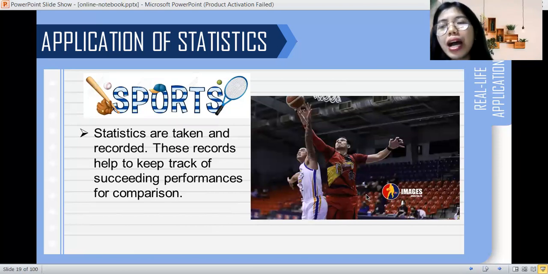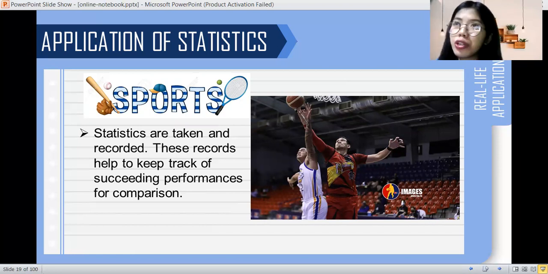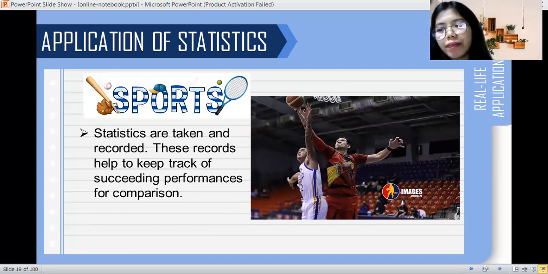So, bakit nga ba sa mga basketball game, bakit may nagtatali ng scores? Bakit may naglilista ng mga violations ng mga players? Bakit natin alam na si Junmar Fajardo ang isa sa mga may pinakamaraming MVP awards na na-receive sa PBA history? That's because naka-record po yun. May statistics